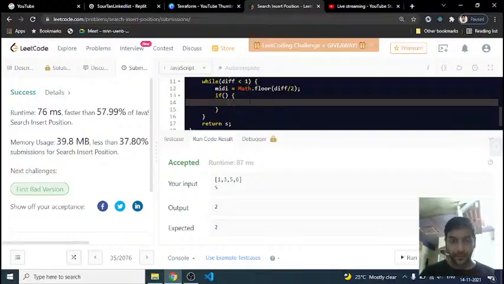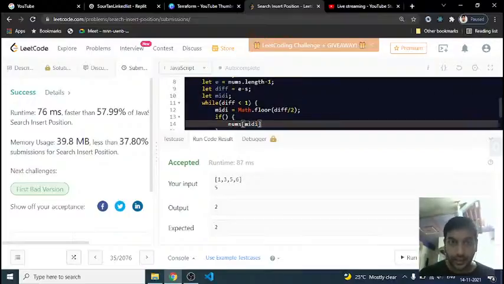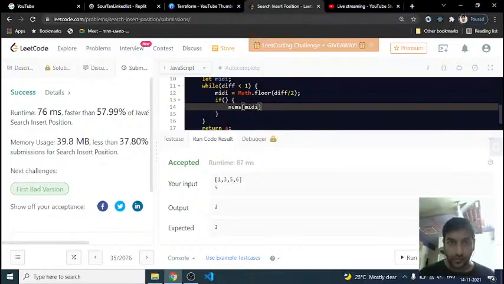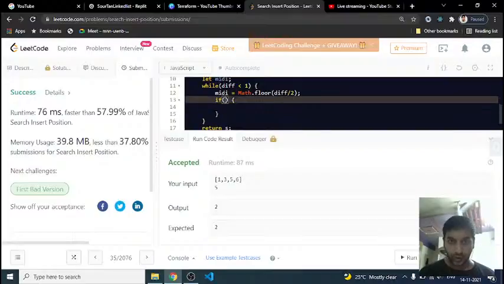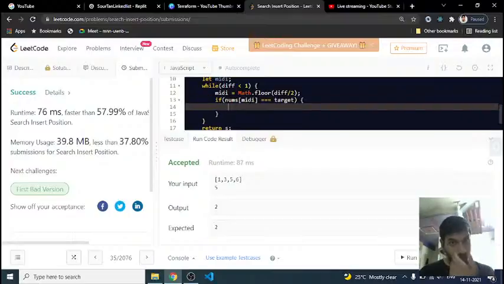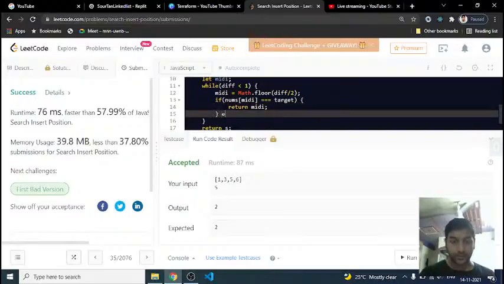If nums at mid index is equal to target, right, this will not come in here, this will come in the if block, is equal to target, right, I will return mid index, right? Else if it is not,